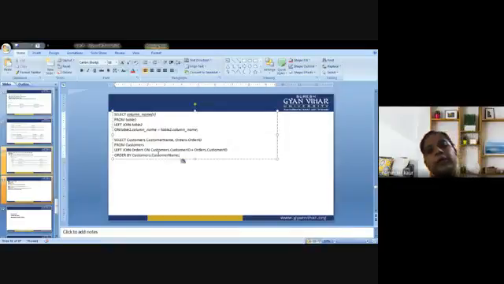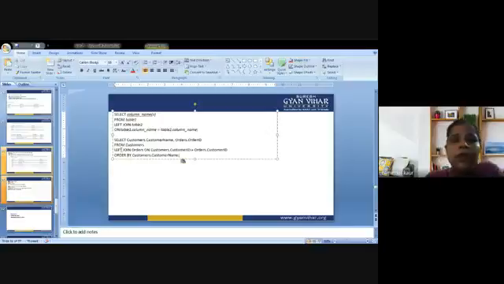Select customer name, order ID from customer, left join order on customer.customer ID is equal to order.customer ID. Order by clause is there, that is customer name. Now we have provided sorting here, that is the order by clause is used on customer name. So this condition is used, or I can say the order by clause is being used. So what would be the interpretation for this query? Just have a look at the same.